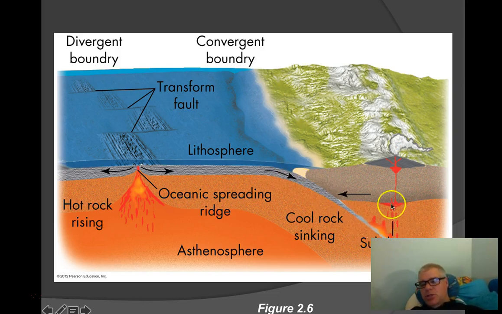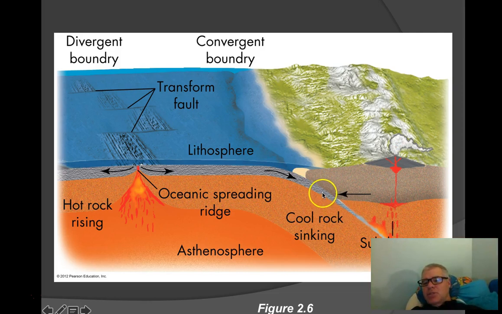And this is what's called a subduction zone or subduction boundary. And what happens at these subduction zones is that these plates stick to each other sometimes, and then this builds up energy, and then when they release, that creates really large earthquakes. So some of the largest earthquakes in the world are on subduction zones.